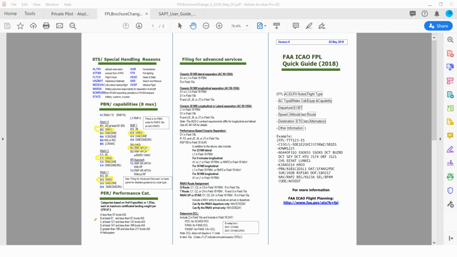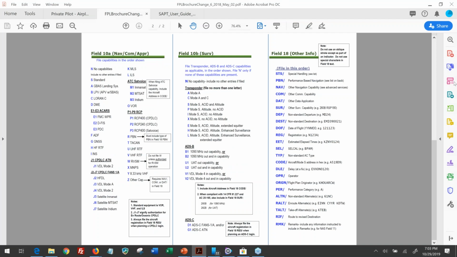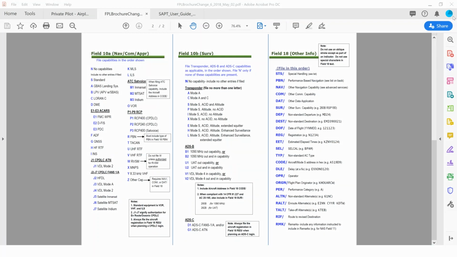All right, your performance category, most GA airplanes are going to fall into either an A or C. You're going to put that in. That shouldn't be too complex. All right, we're going to erase those, and then back to this page. So now we're over to field 18.